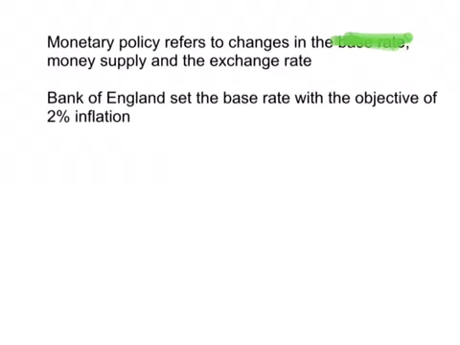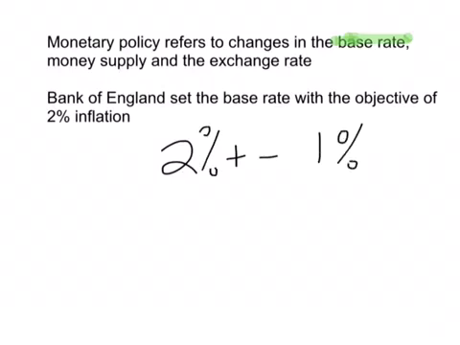Now, as you remember, the Bank of England set the base rate to try and make sure inflation stays around about 2%. In the UK at the minute, inflation is 2.2%. The Bank of England are actually quite happy with that because, although they say they want it at 2%, they'll have 2% plus or minus 1%, which means basically if it's between 1 and 3%, they're pretty happy.